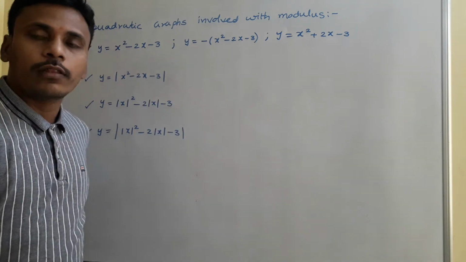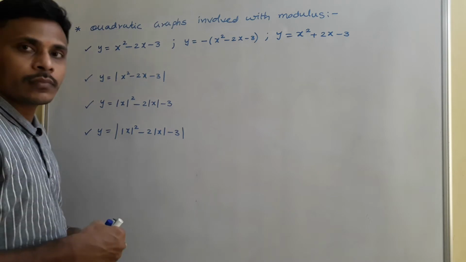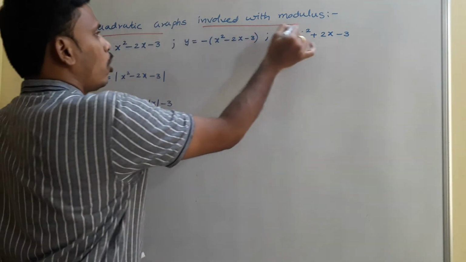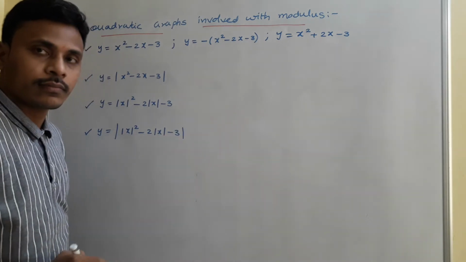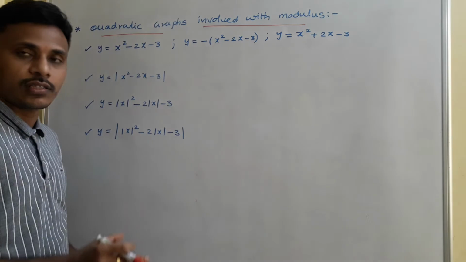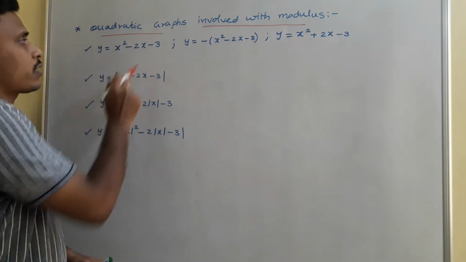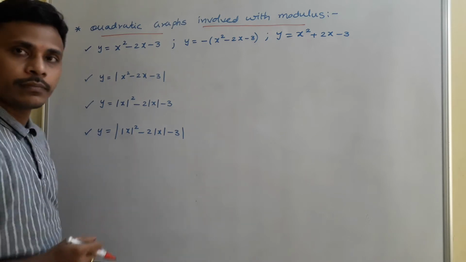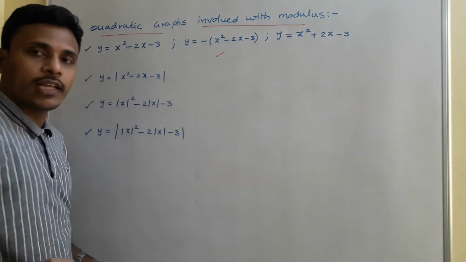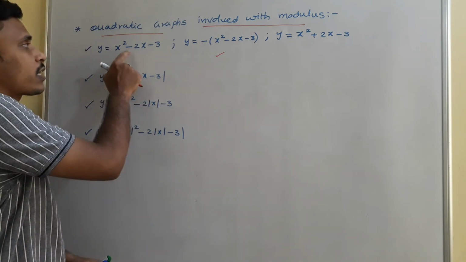Graphs involved with modulus. We actually discussed these quadratic graphs involved with modulus in the last class, and we sketched the graphs for all these 6 functions, 6 expressions you may say. y is equal to x square minus 2x minus 3, and when you multiply it with a minus sign, y is equal to minus of x square minus 2x minus 3, and when you replace x with minus x